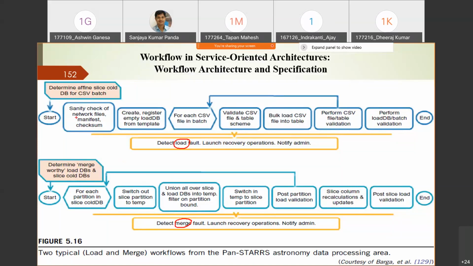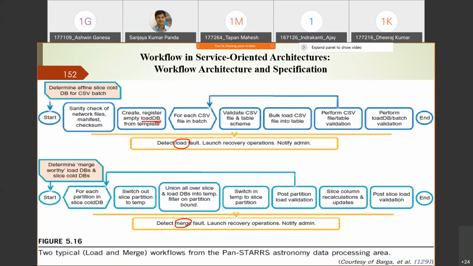Then it is processed by this unit, that is the sanity check of the network files, manifest and checksum. Then it will be forwarded to create and register the empty load database from the template. Here you have a set of load databases, and these load databases are empty.